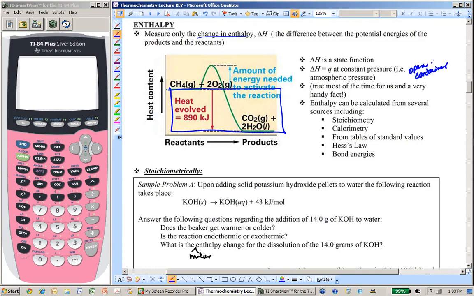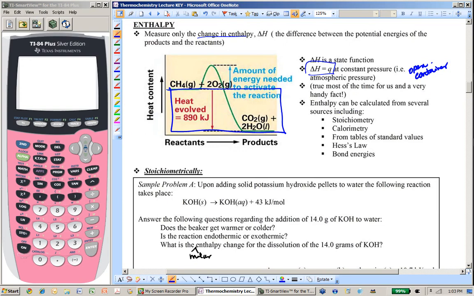Because you're going to run into this in some lab questions, I want you to be ready for it. You ask yourself, container open? Yes. If the container's open, then delta H equals Q. And I can use Q equals MC delta T. It's true most of the time for us that we have an open container, and it's a very handy little